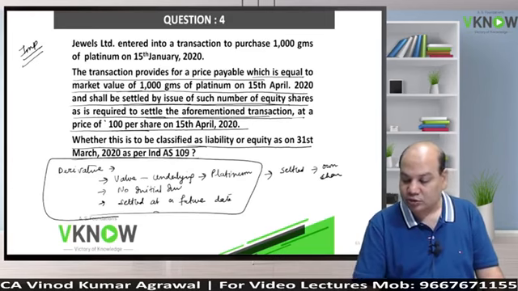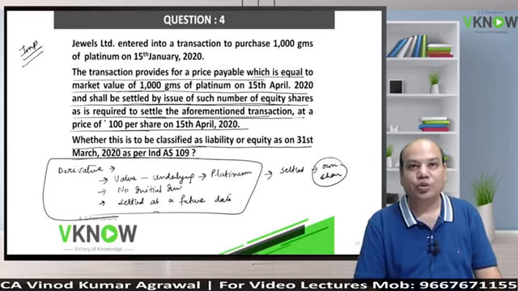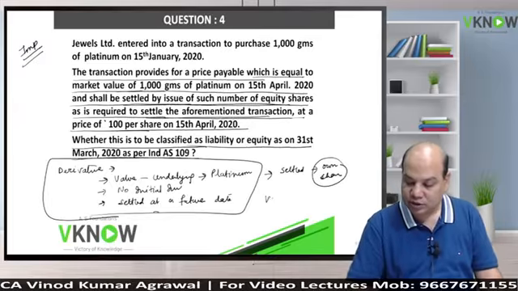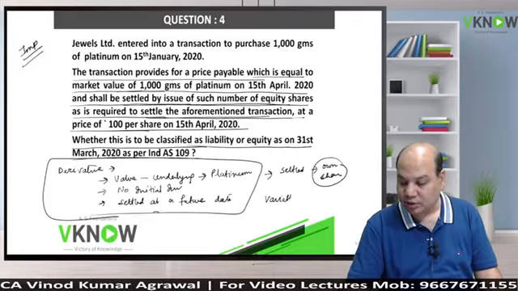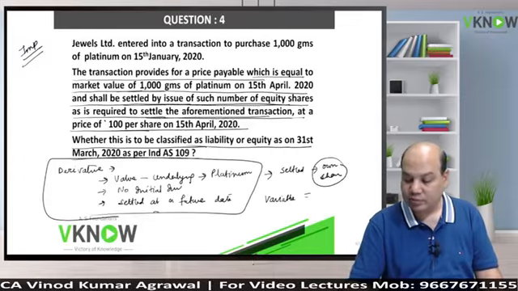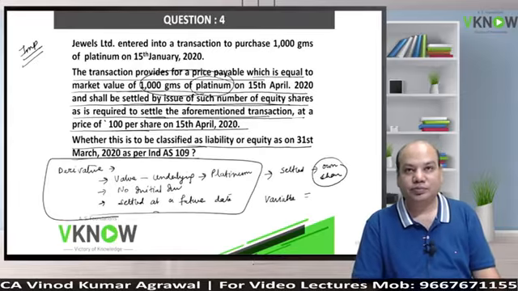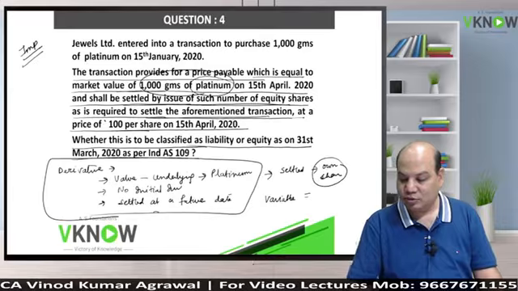Now the next question is whether the number of own shares to be issued is fixed or variable. So the answer is that the number of own shares to be issued is variable. How is it variable? You will calculate the value of 1000 grams of platinum, which will vary. So suppose 1000 grams of platinum is, I don't know how much platinum is,